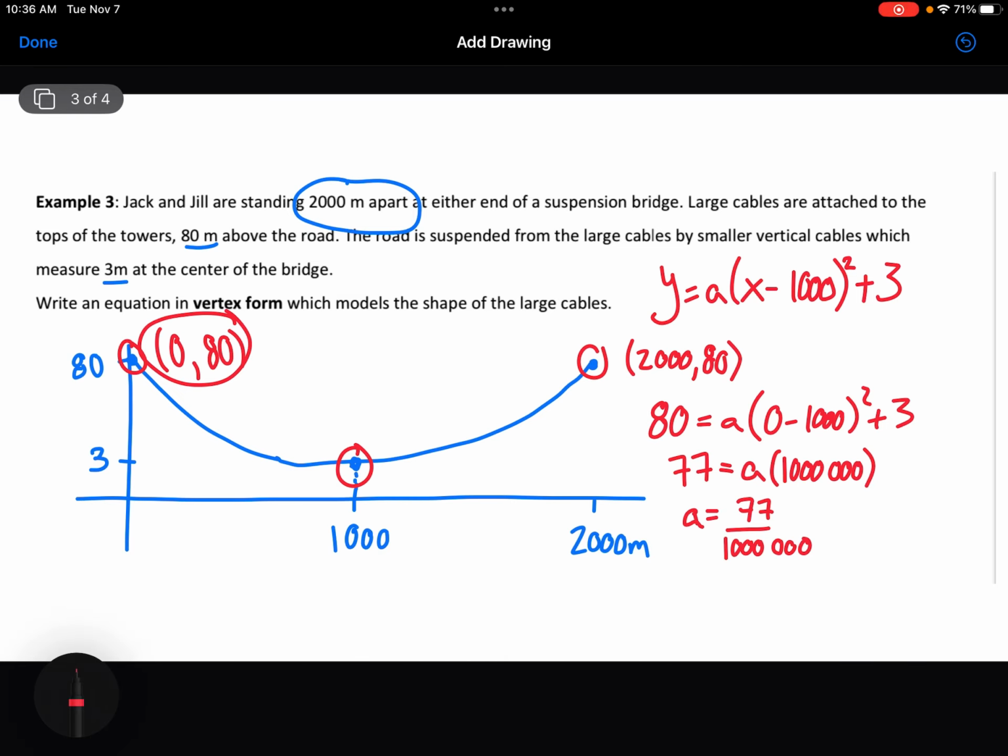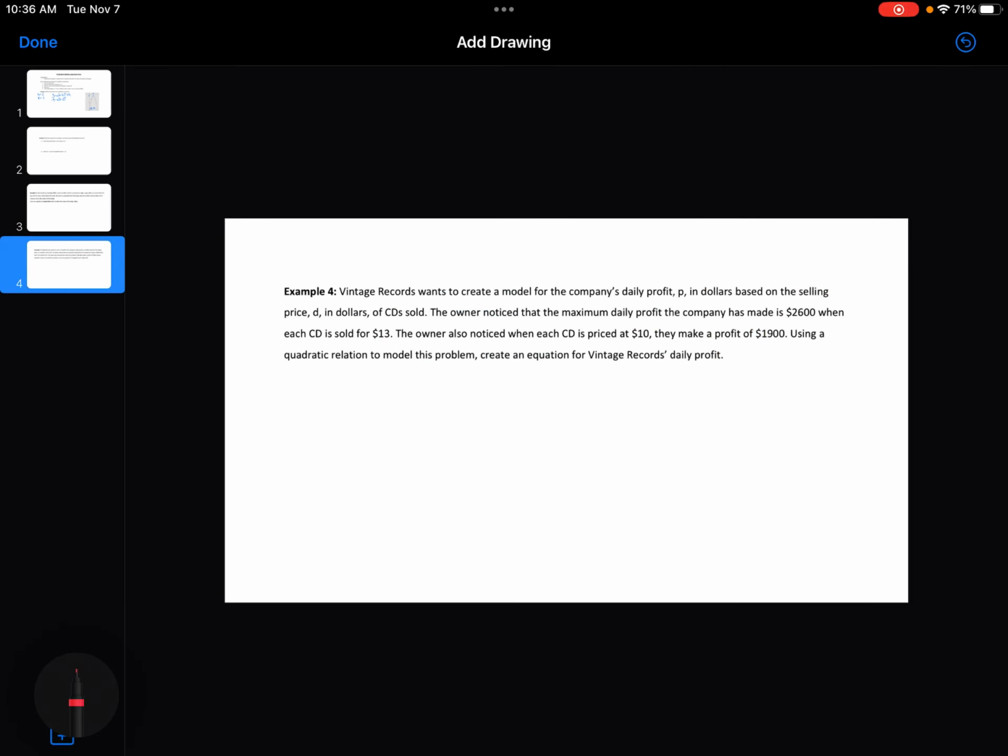I just think it's easier to deal with than making it a decimal. So I would get, therefore, my equation is going to be y equals 77 over 1 million, x minus 1,000 squared plus 3. Okay, again, we're going to let you try this